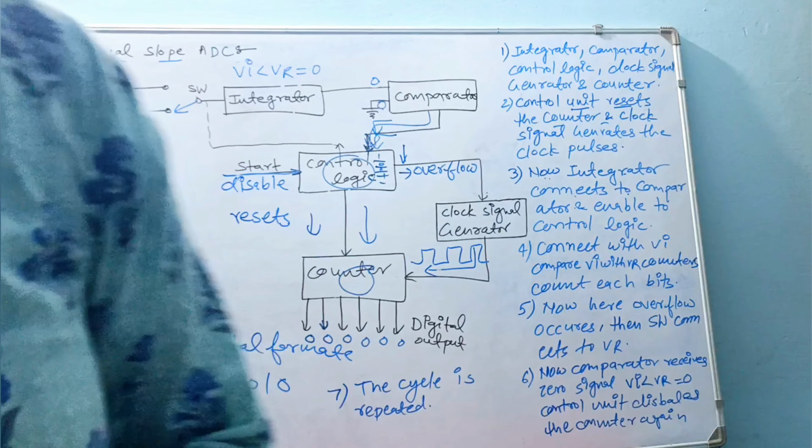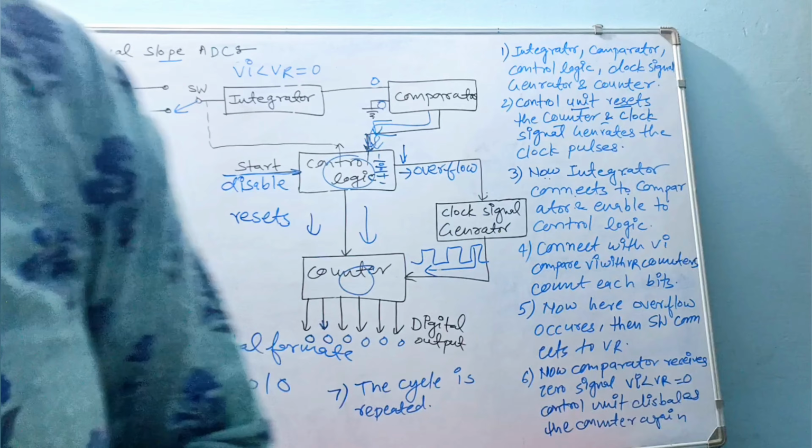Now the second point: the voltage divider network contains 8 equal resistors with the value of VR by 8. How can we calculate the VR by 8? Now here we look at this. VR is the reference voltage and all resistors are in series connection. There are 1, 2, 3, 4, 5, 6, 7 and 8 resistors. Likewise, like we calculate I is equal to V by R, similarly we calculate the VR by 8R.